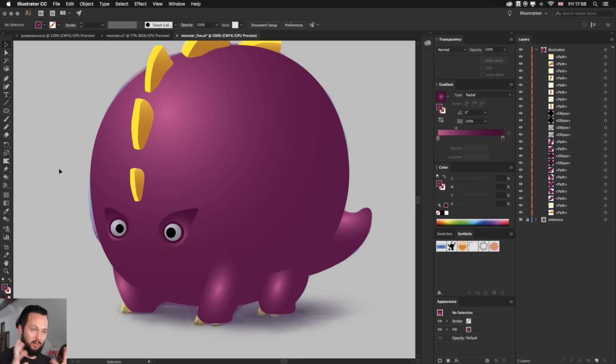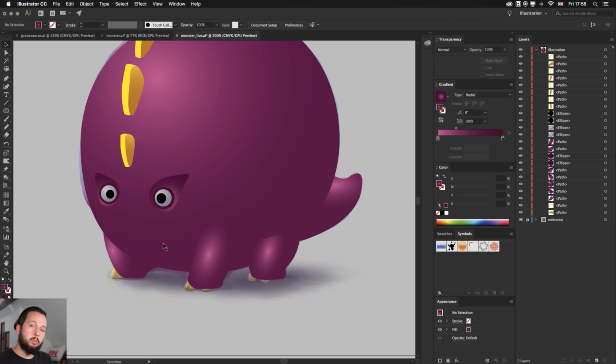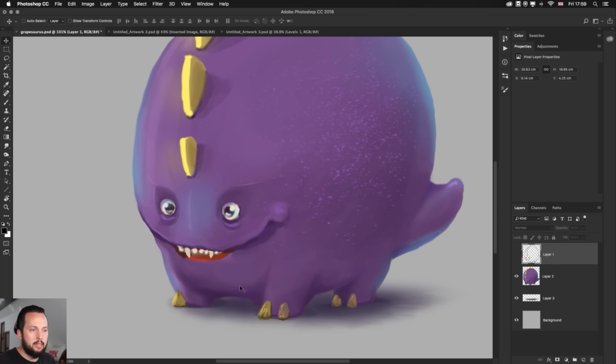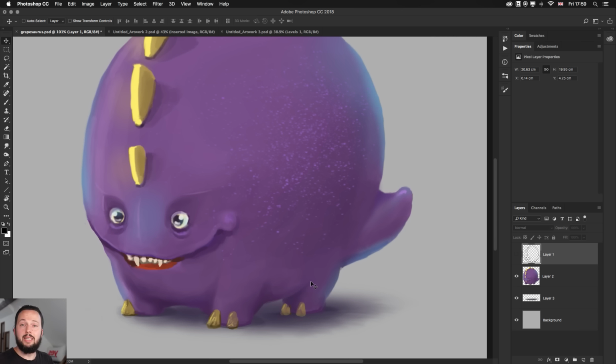So let me continue with that gradient mesh that I mentioned. We need something on the belly to make it look like it's covered and there's not much light getting there. That's probably the darkest detail on the body because it's furthest away and most hidden from the light source. If I switch back to Photoshop, we can see I made that detail quite dark, and that's what makes it work and look realistic.